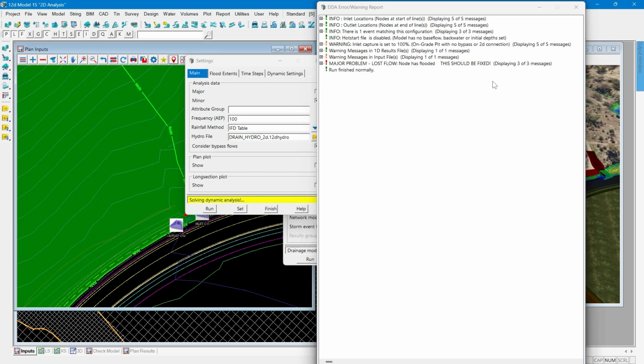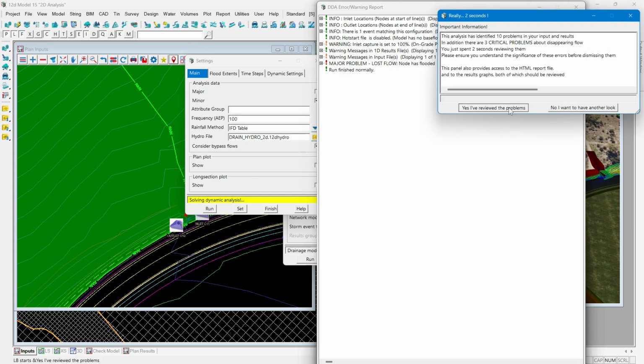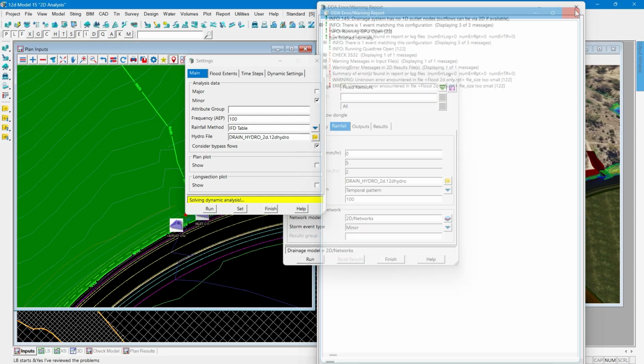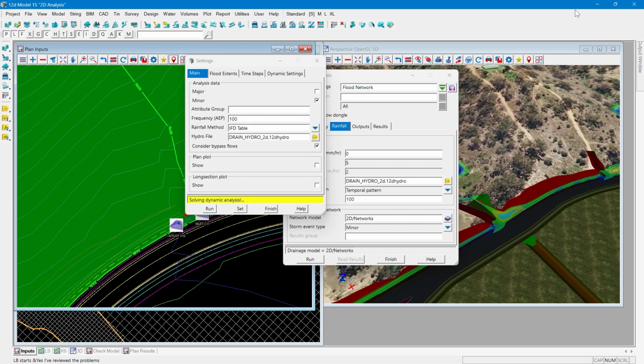It is great. We'll just close those error warning reports. Yes, I have reviewed the problems. Got a few of them sitting up there now. So I could edit that in the Concept Stormwater Designer